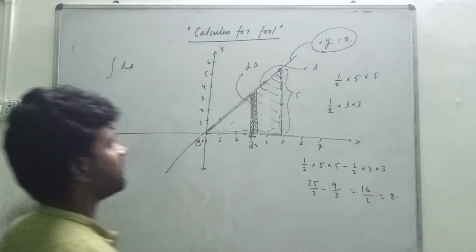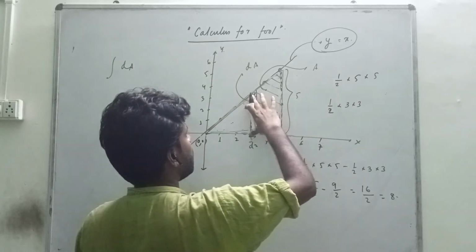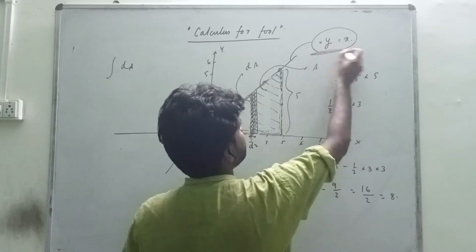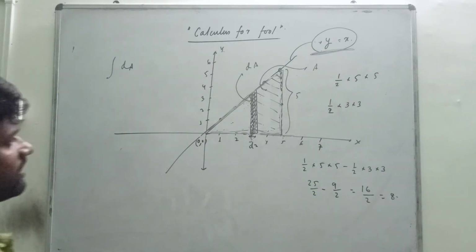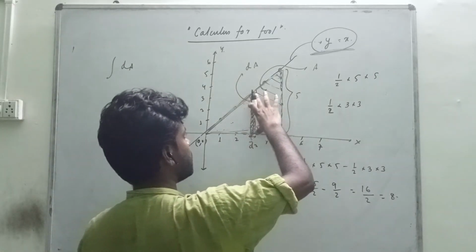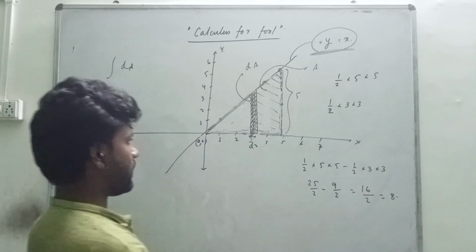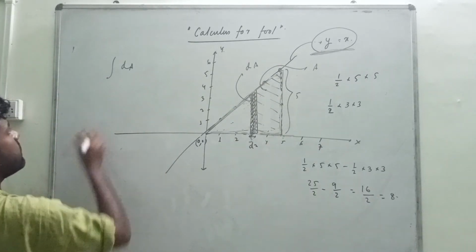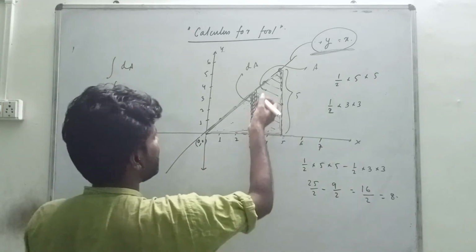Height is increased ever and ever with y equals to x, right? Actually, height is changing according to a relation y equals to x, right? Okay. So it is not a constant height. Height is changing according to a relationship y equals to x, right? Okay. So this dA means, first of all,